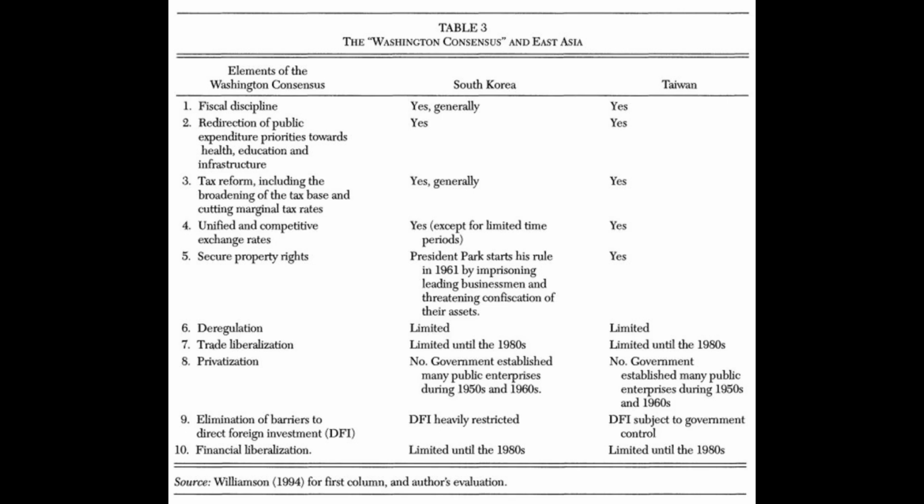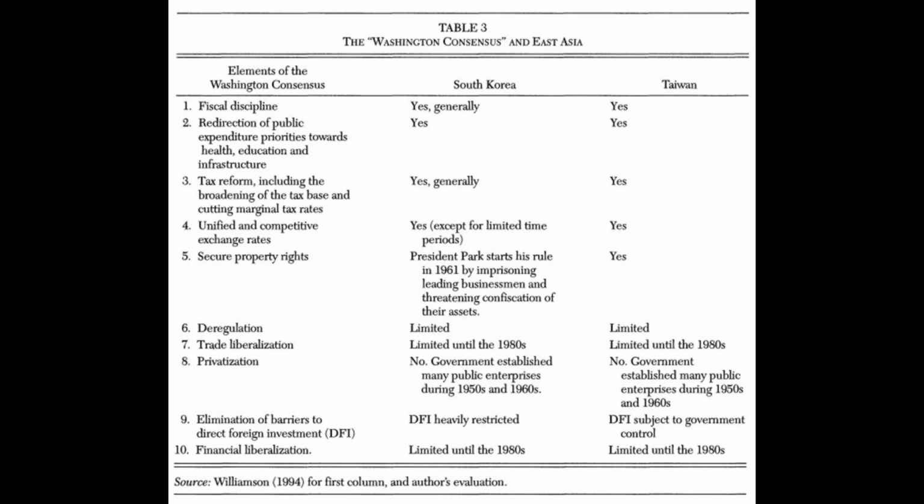But of course, the claim is that the institutions that are necessary for growth change as countries get richer, and we'll talk about that slightly more in the next section when we get into the middle income trap. But the point is that for the first 25 years or so of their growth, South Korea and Taiwan could get away with not having the best practice institutions because they were so far behind the West. They had enough good policies and institutions to facilitate growth at that level. But then as they achieved middle income status by around the 1980s, it was necessary for them to reform.